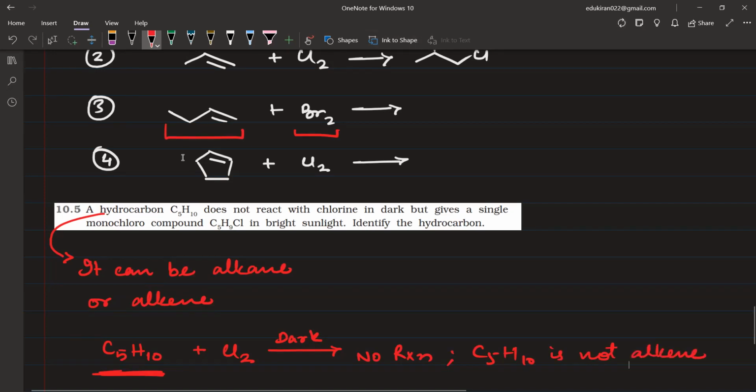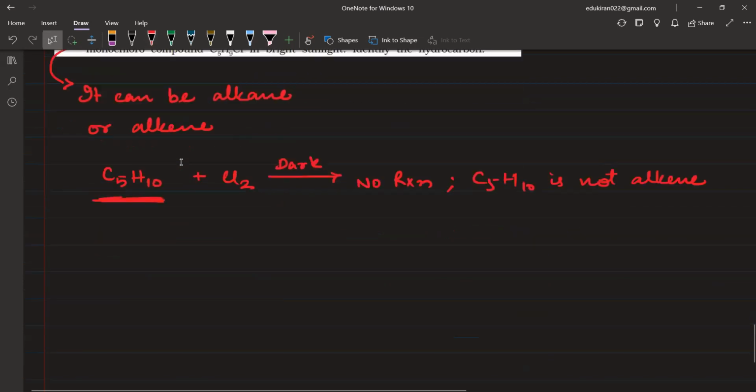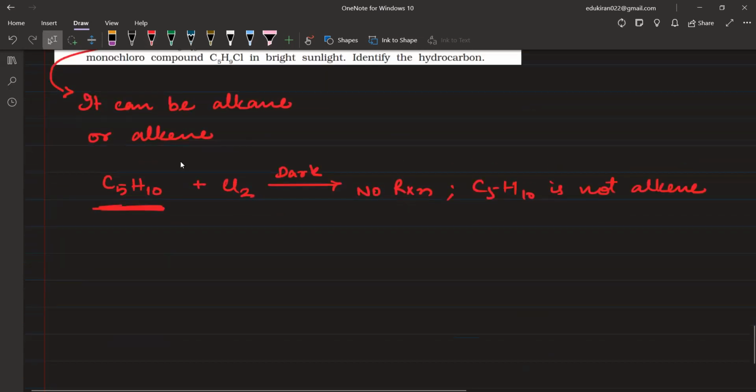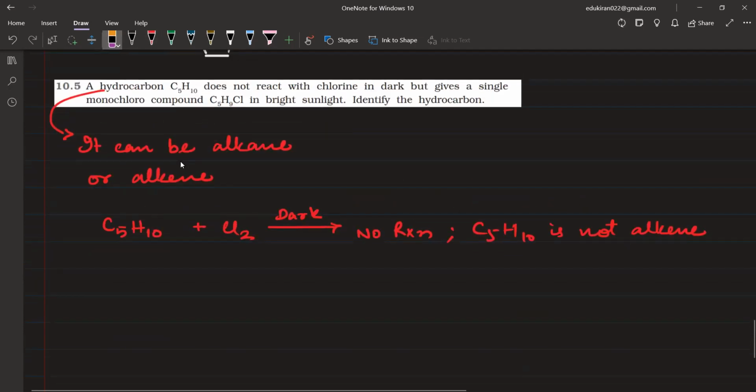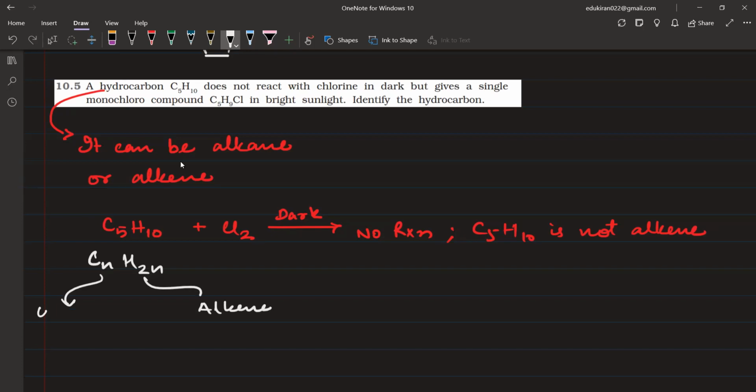Now, if you look at this formula, C5H10, it is in the form of CnH2n. You may remember from lower standards that CnH2n is for alkene. True, but it is also true for cycloalkanes. Cycloalkanes also have the same formula, CnH2n. That means